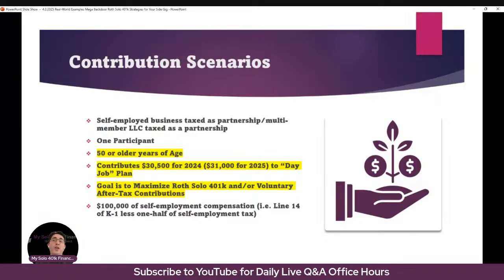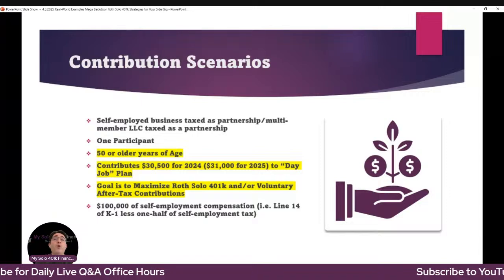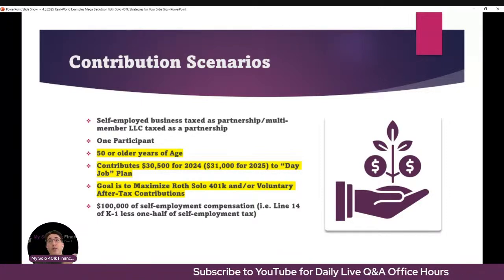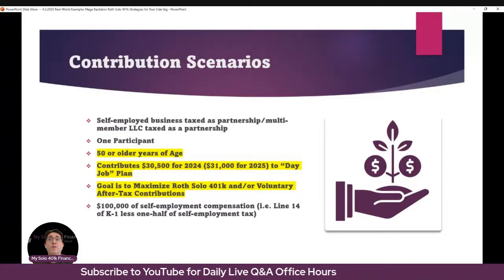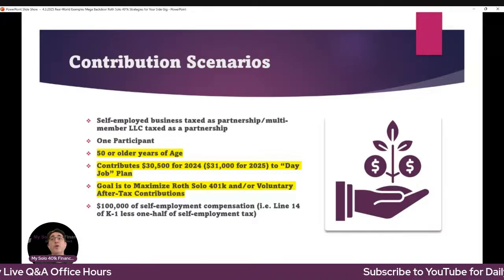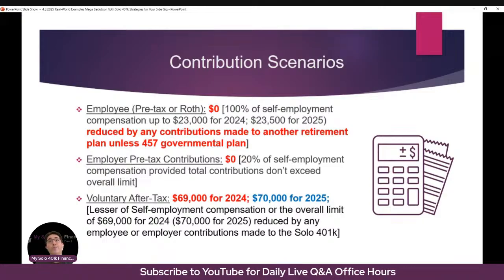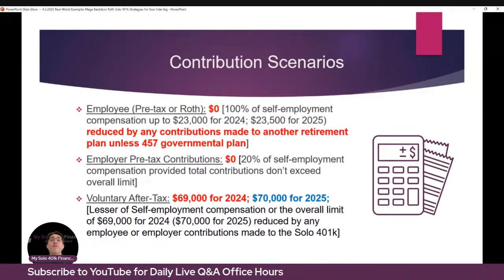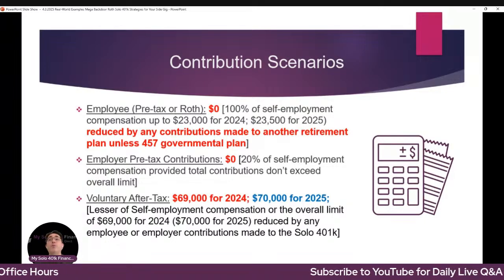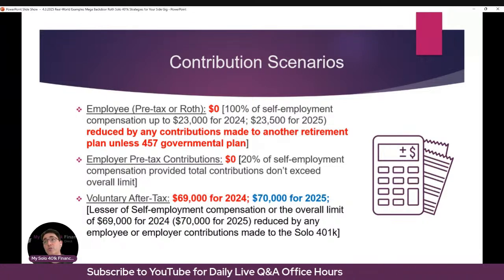So now let's change the scenario. Let's assume the same person, except that this person is now 50 or older. Let's assume that this person continues to max out contributions to their day job plan. So they're making that $7,500 catch-up contribution to the day job plan. And they're still only interested in making Roth or mega backdoor Roth contributions to the solo 401k. So in terms of the employee bucket, they've already filled it up at their day job plan. That employee contribution limit applies at the employee level. Once they've filled it up at the day job plan, they can't make any more employee contributions to the solo